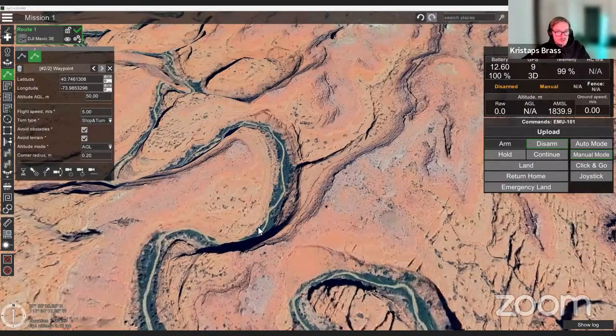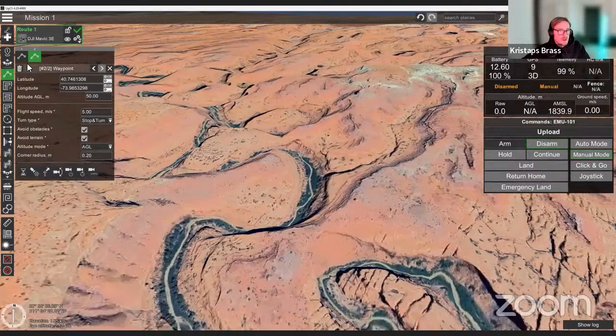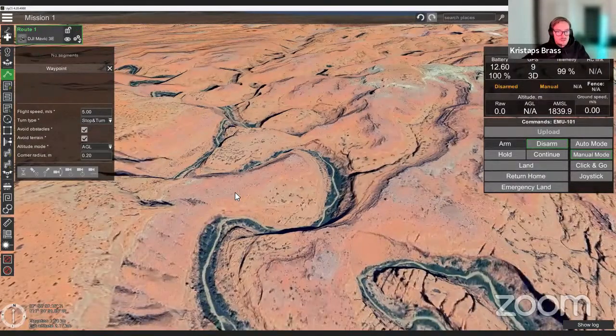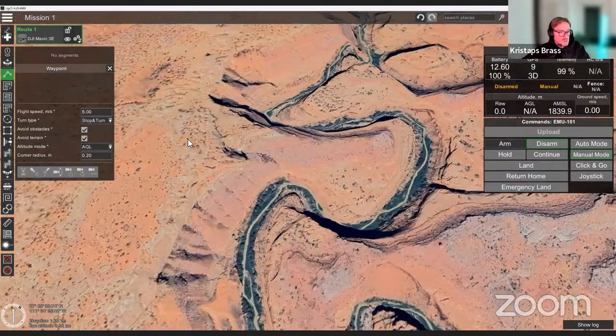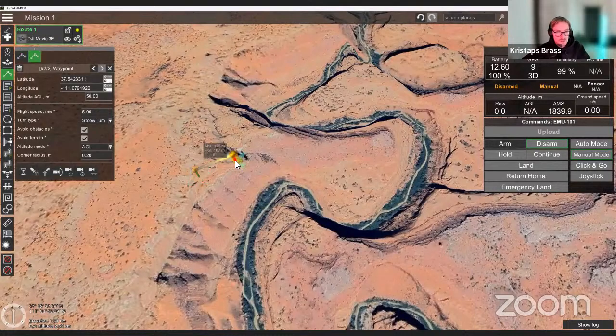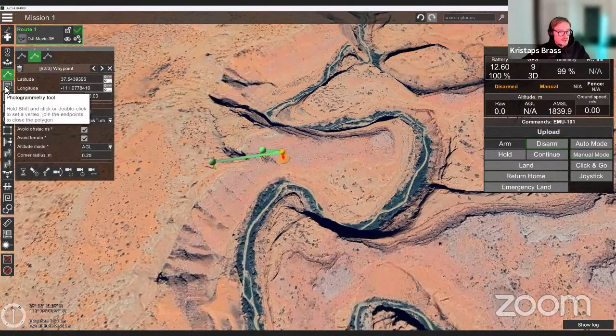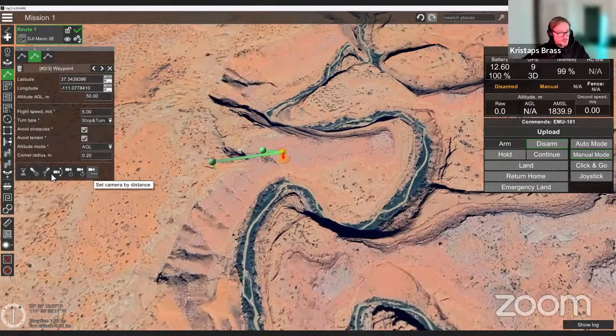But yeah, so then let's get started with some flight planning. So now we have, let's actually remove these points. So now the most simple flight planning tool is just using the waypoint. So with the waypoint tool selected, we can just go ahead and place them on the map like so. So that's the most simple segment, of course. And then in here also you can see different parameters you can change, as well as actions which you can